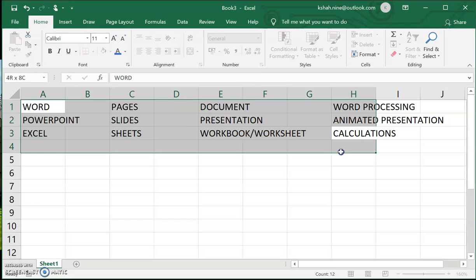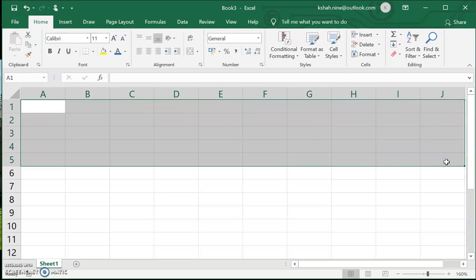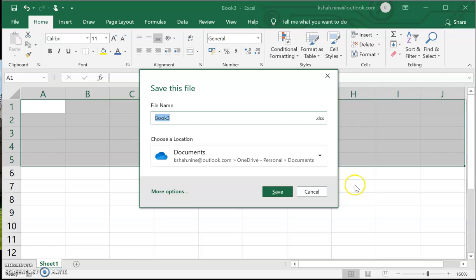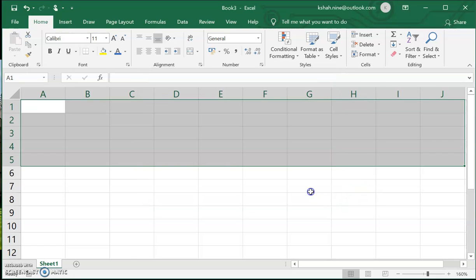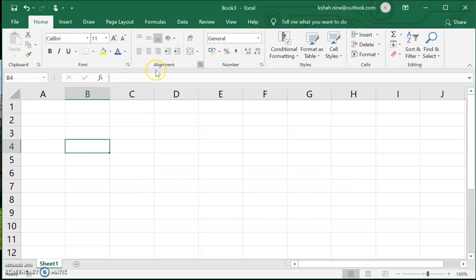Now I'm just deleting this data. You can save the document. Okay, now this is your MS Excel, and here you can see that menus are there, and the actual sheet